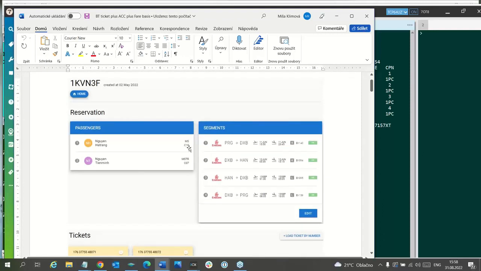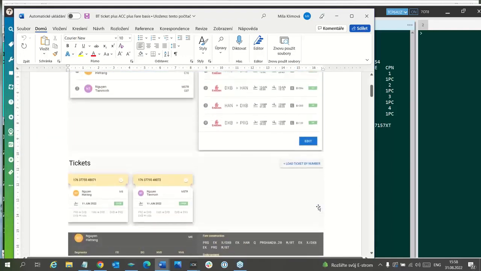You can see C10 and C07. So in one PNR, there are two children traveling together. They are traveling with their parents, but their parents are in a separate PNR, not in this PNR. They are traveling Prague, Dubai, Dubai, Hanoi, and back Hanoi, Dubai, Dubai, Prague.